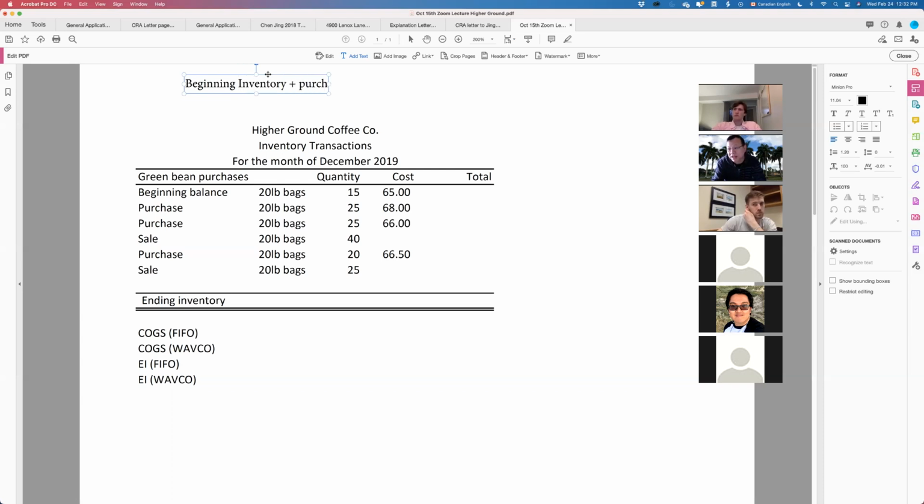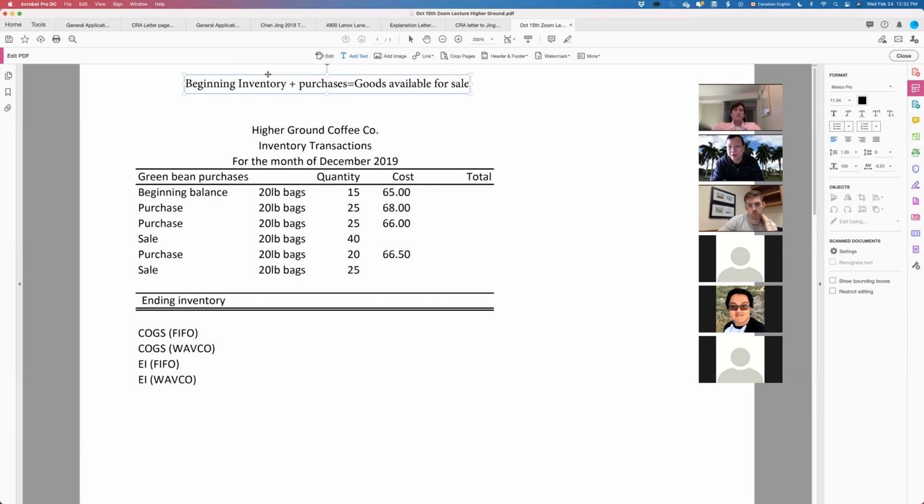You buy some more stuff, right? Whatever you have in the beginning is what's left from last year, and then this year you made more purchases. Together, this is goods available